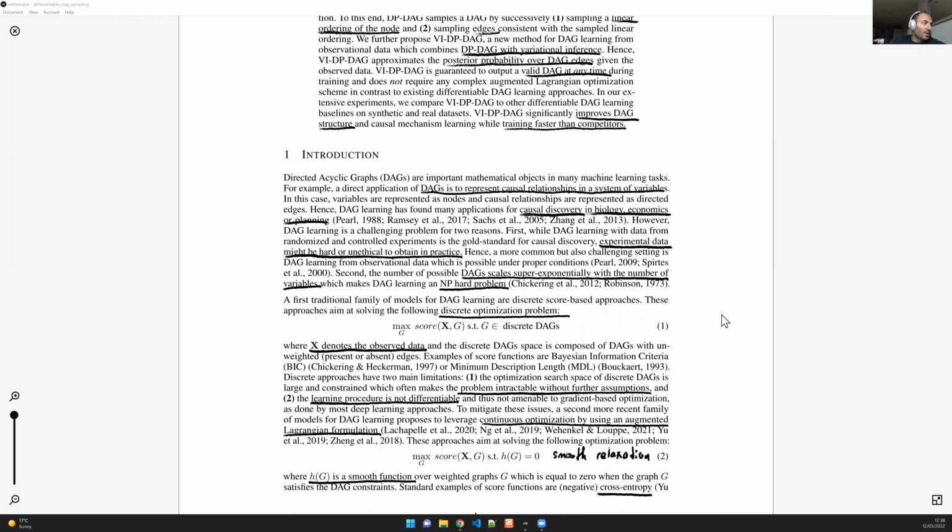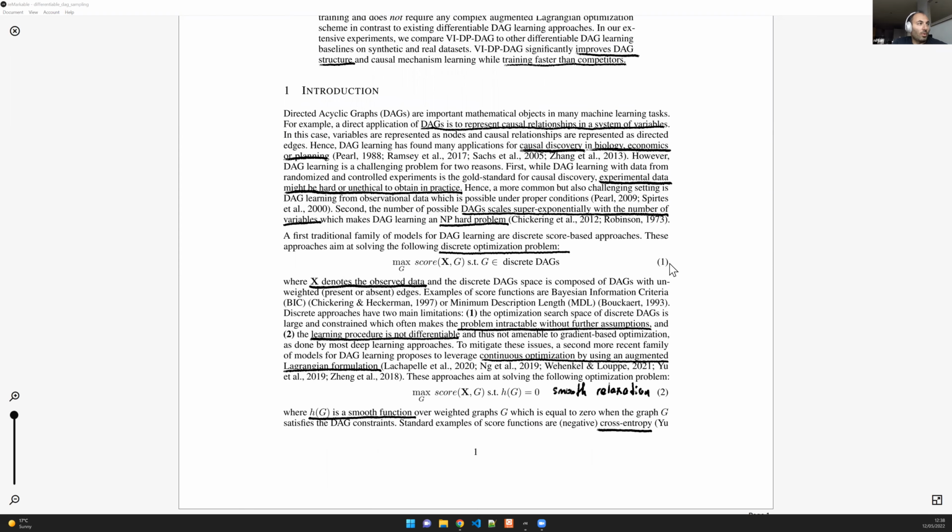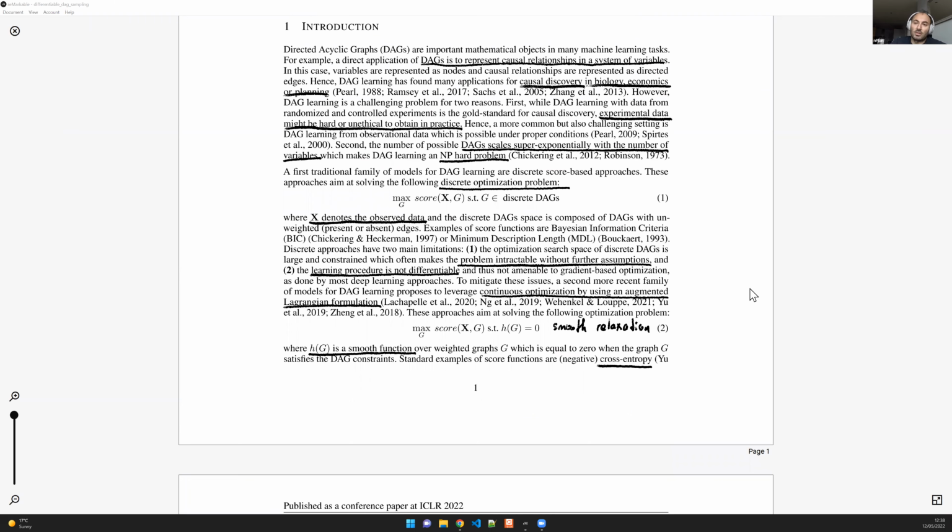Cool. So generally speaking, if you look at Formula 1, we have observed data, which is the X matrix. G is the graph. So we want to maximize some score over the data and the graph. The score depends on the specific application, with a constraint that G is sampled from all possible DAGs. Obviously, this problem is super exponential. I think it's even worse than exponential. It's NP hard, and there are a few